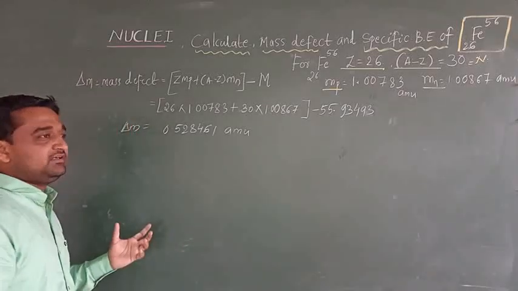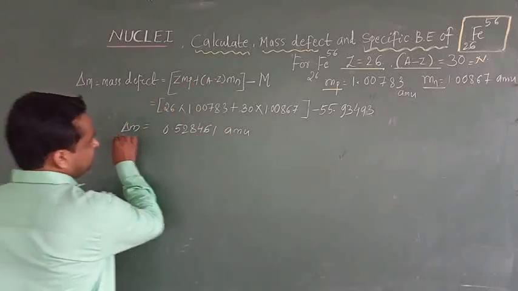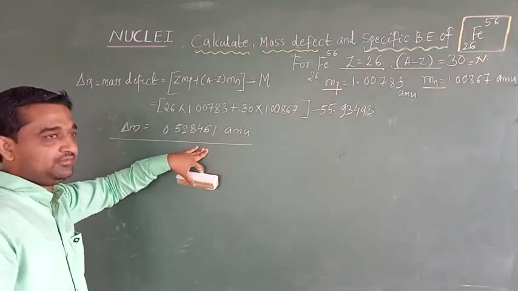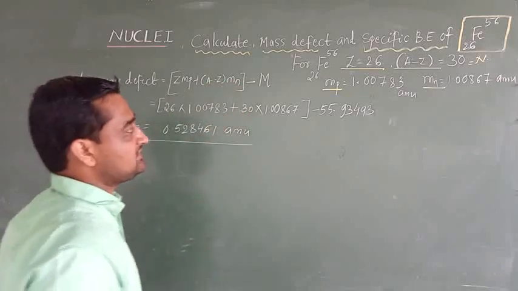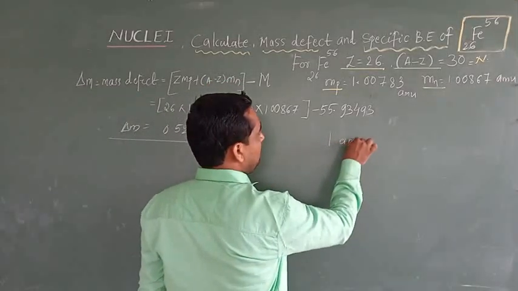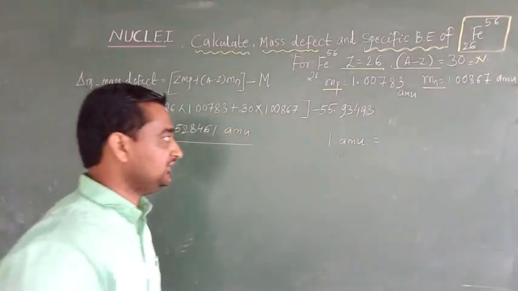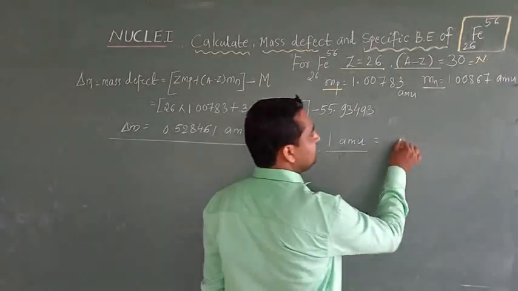That mass is converted into energy, that is called as what? The binding energy. And this is the mass defect, right? This is the mass defect we have observed, that is the missing mass or loss in mass during the formation of a stable nucleus. Now we know the relation: 1 AMU